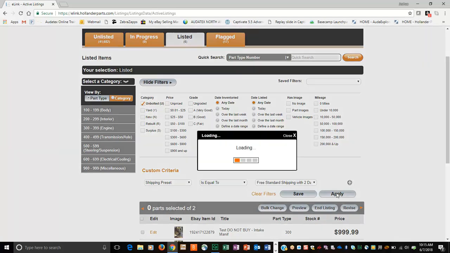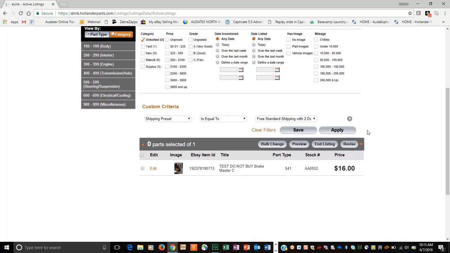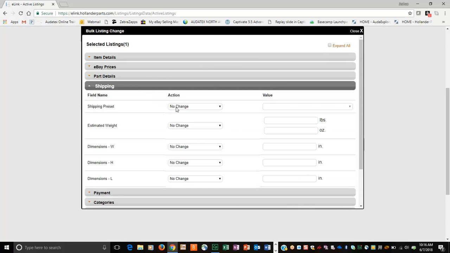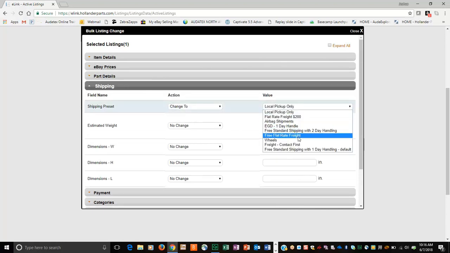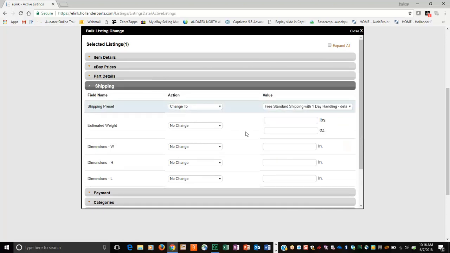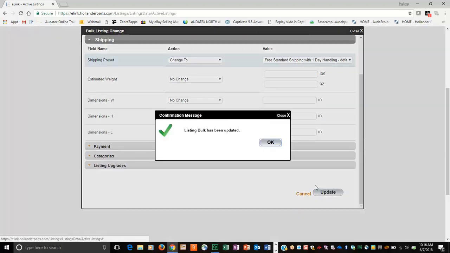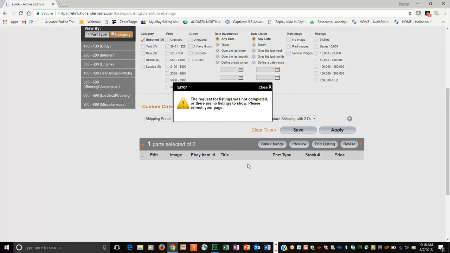So we'll go ahead and hit apply. And here we only have 1. Now keep in mind you're likely to have quite a few more. So what you'll want to do is if you select all here and you hit bulk change, if you switch the shipping preset to 1-day handling, what you'll notice after you hit update is it disappears. So now you've just lost the listing,